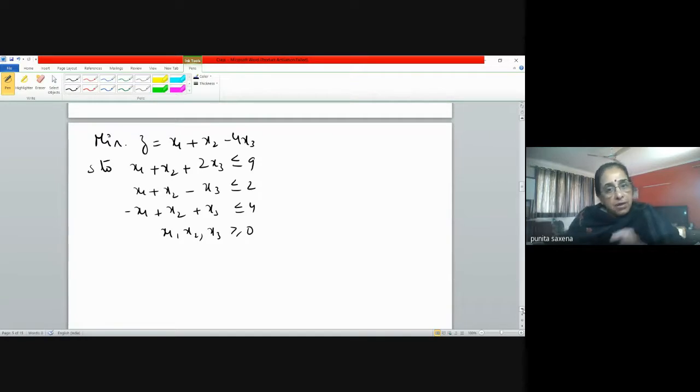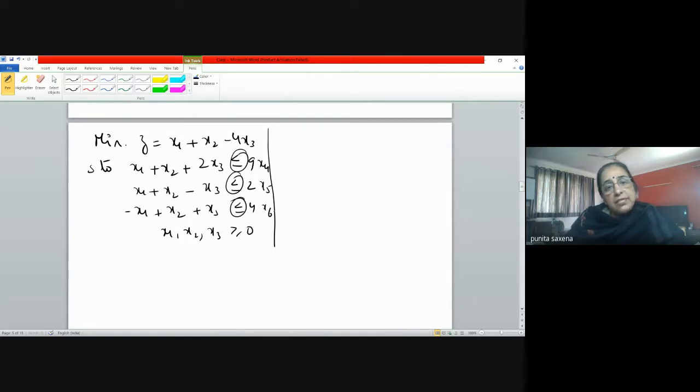Now this is the procedure that I'll be talking about. Our class time is over, but okay, doesn't matter. I'll talk about the initial table and then we'll compute the things later on. The very first step is what? To remove these inequalities, right? And how do we do that? By introducing the slack variables here. So an x4 will come here, 1 x5 and 1 x6.